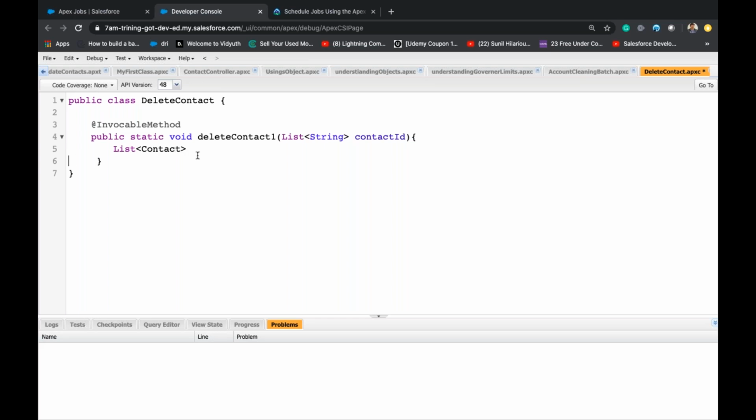List of contact list is equal to select ID from contact where ID is equal to colon contact.